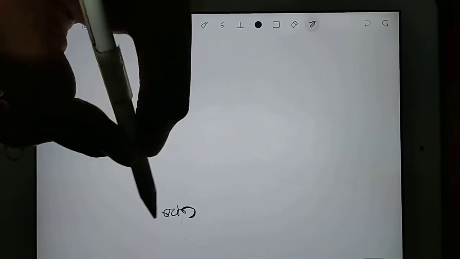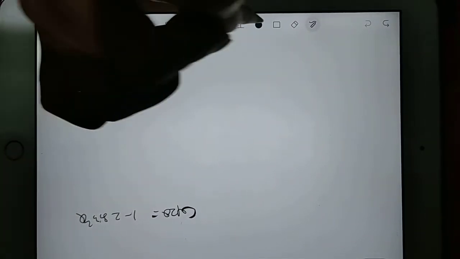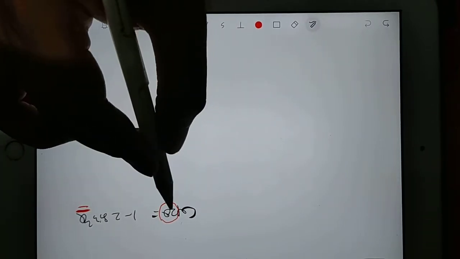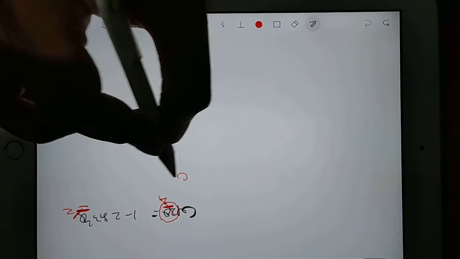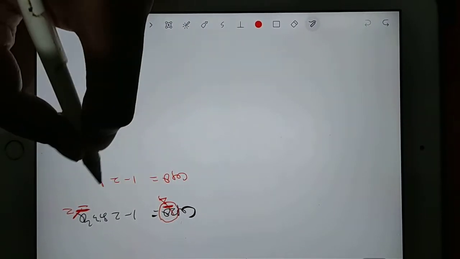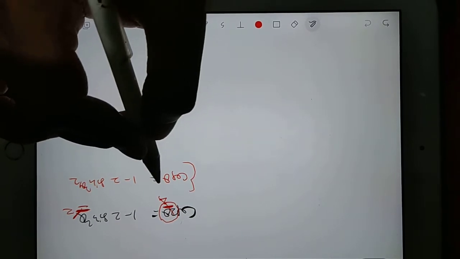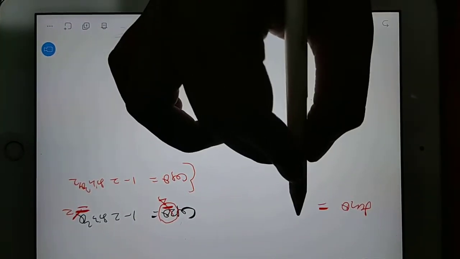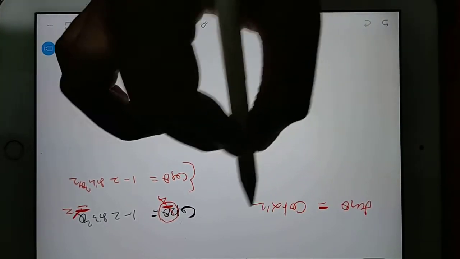If you have the cos 2 theta formula, then no doubt you can write it as 1 minus 2 sine square theta. So if here you have 2 theta, then you write theta. If you divide by 2 here, you also divide by 2 there, which means cos theta. So simply, cos theta you can write as 1 minus 2 sine square theta by 2. You make this change in the question, and only then will you get tan theta as the final answer, tan theta as cot alpha by 2.